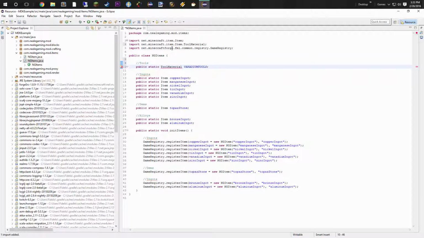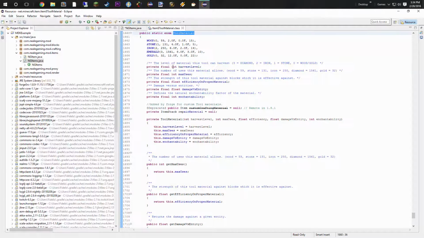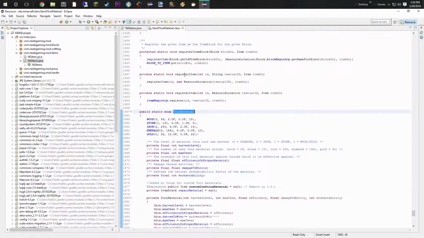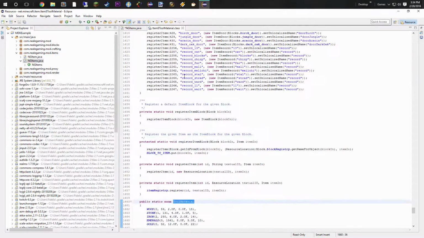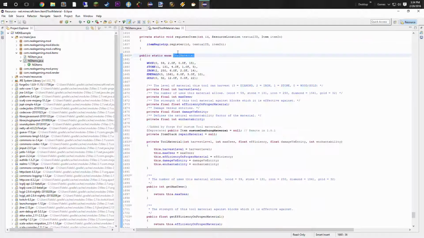We're going to import ToolMaterial, and if you hold down Control, I'm holding down left Control, it'll turn this into a link type thing. We can click on that. What this is going to do is let us go in and look at our ToolMaterial class that comes out of Minecraft. So, what we see here is the